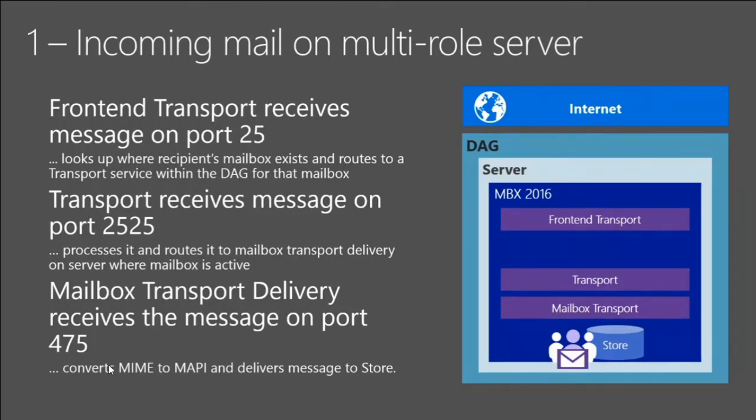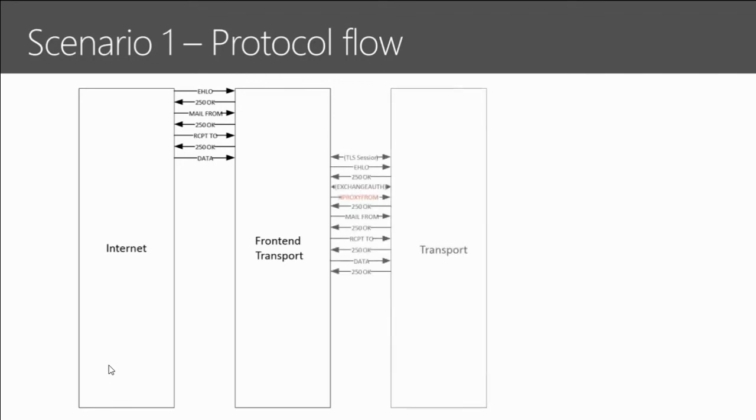If you look at this sequence of events using the protocol flow, this is what it looks like. You have the internet SMTP server that's trying to connect to the front-end transport box. It goes through the regular SMTP protocol of an EHLO, a 250 OK, mail from, rcpt to, and then when it starts sending data, it's at this point that the front-end transport process has the recipient. It has to wait for the rcpt to get the recipient. It anchors on that recipient, finds which transport service to talk to, and then establishes a TLS connection to that transport box